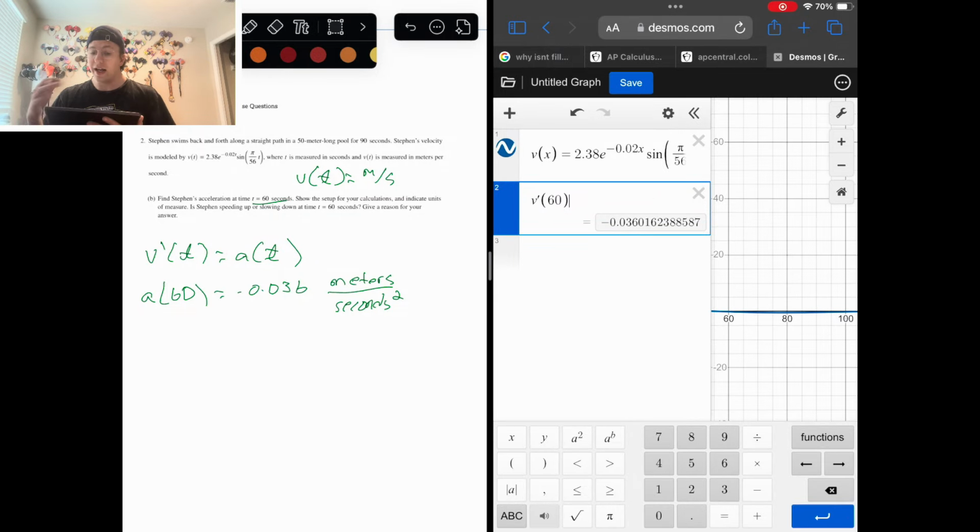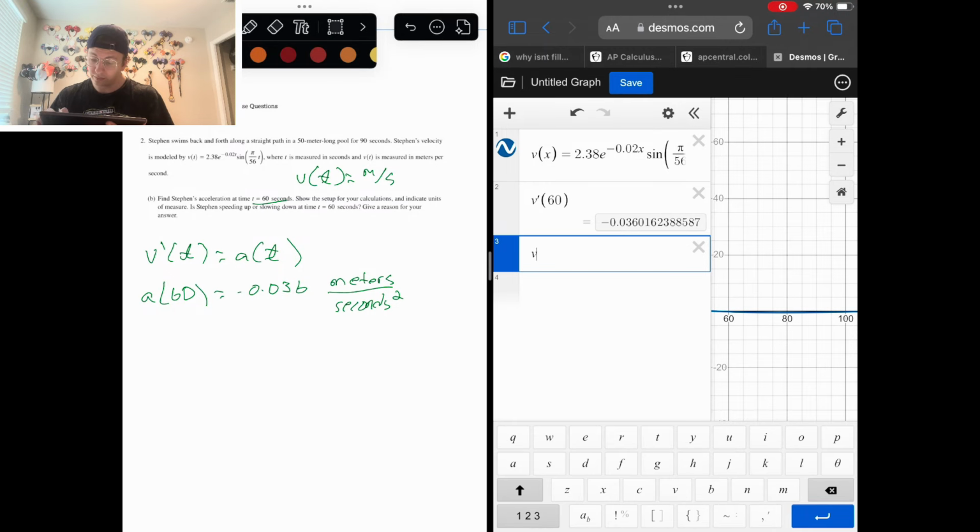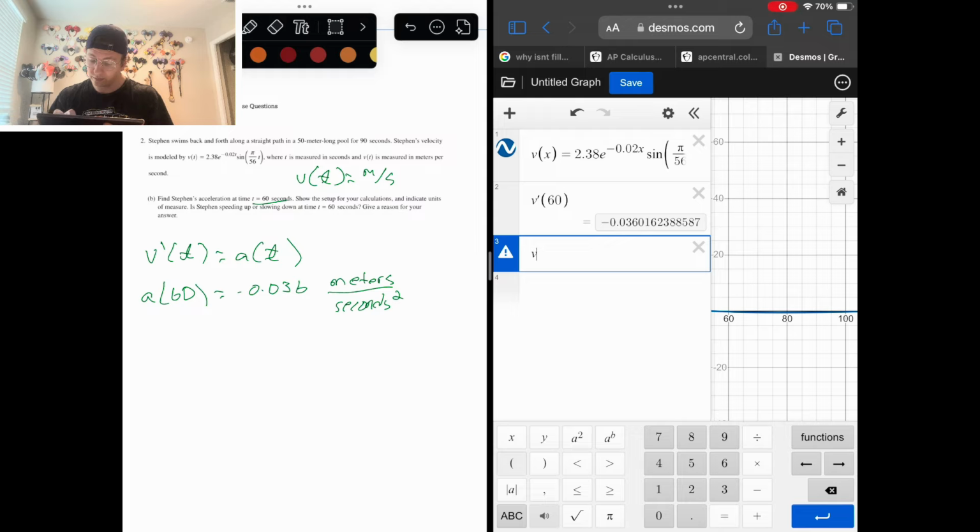seconds? Okay, the easiest way that I tell my students is saying, hey, figure out your velocity, figure out your acceleration. If they're the same sign, Steven's speeding up. If they're opposite signs, Steven is slowing down. So we know v prime of 60, a of 60. Let's do v of 60. Okay, v of 60